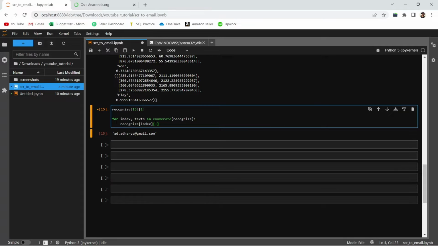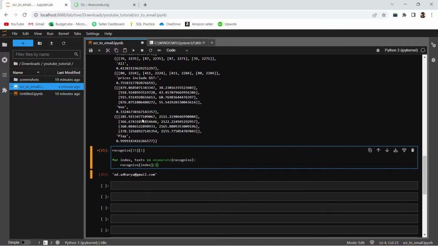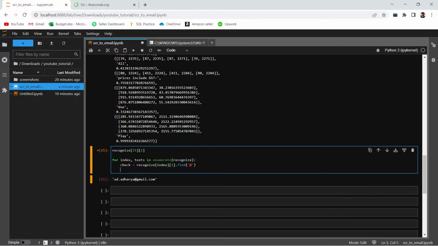This number is always going to be 1 because the number of positions are the same. Sorry, this is 1 from here to here, and this is 0, and this is 1. So this is always going to be 1. So it will find in this text. We can call this check, and if the value of check is more than 0, because there is always going to be some text before @, so if check is more than 0,